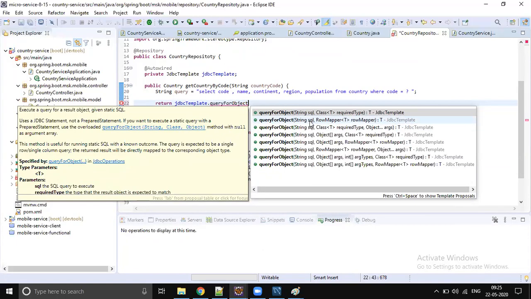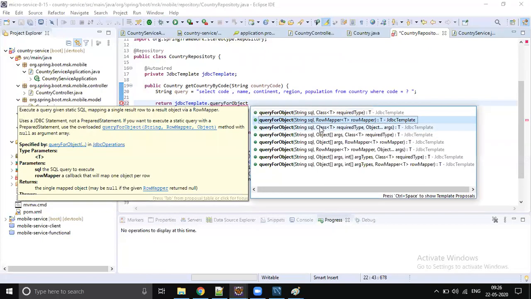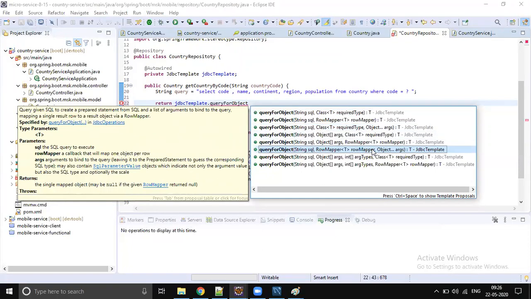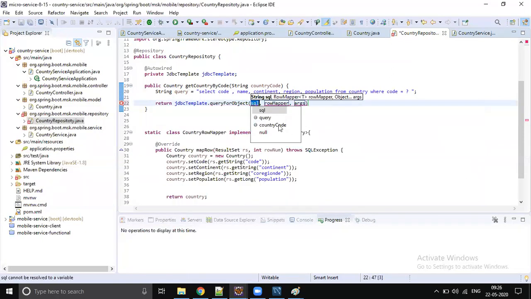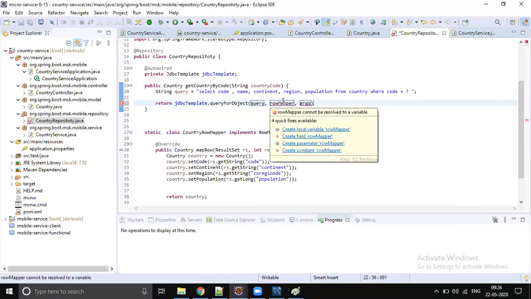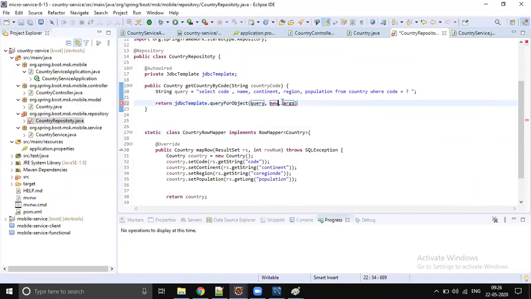I think queryForObject, row mapper, but we need to pass some parameters, right? The second parameter is a row mapper, and the third one is an object array. So the first one is the query, the second one is new CountryRowMapper, and the third one is the argument, which is the country code.